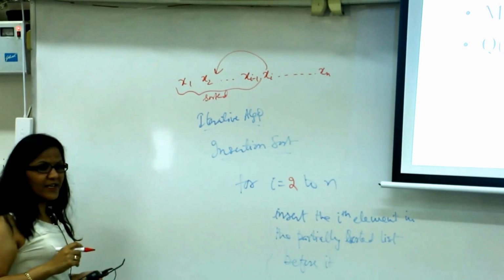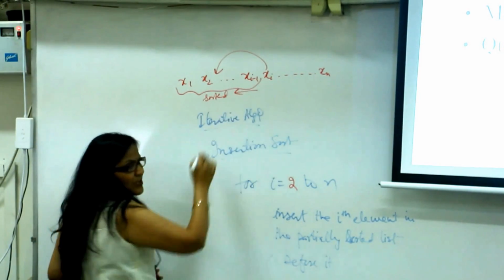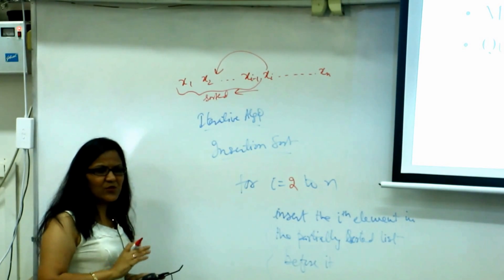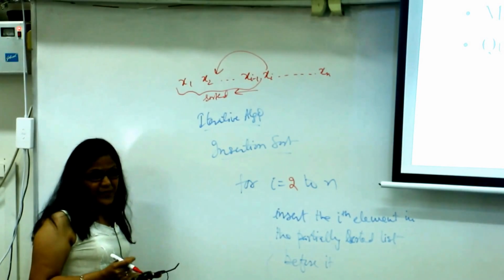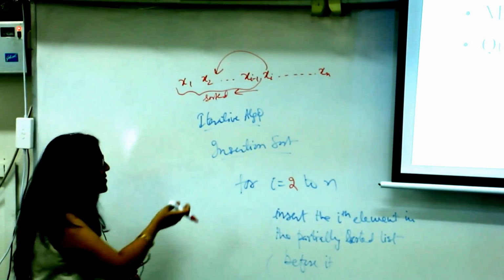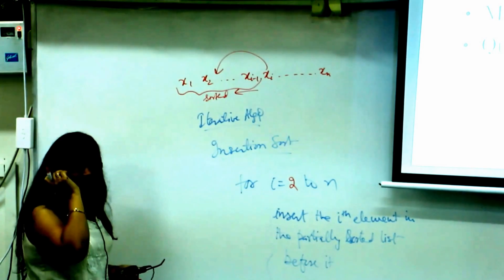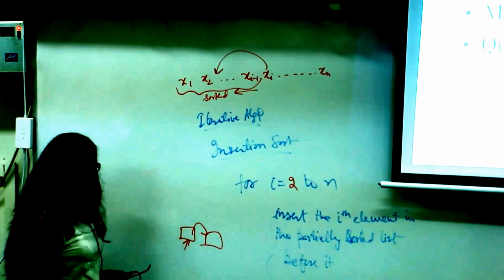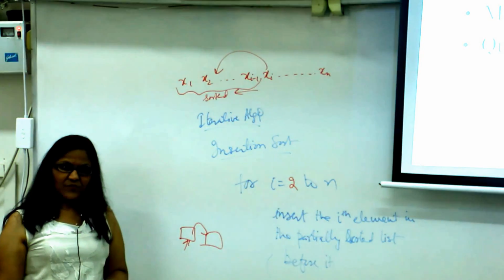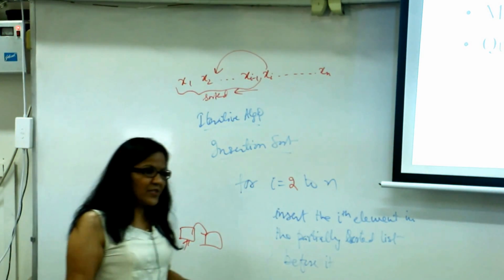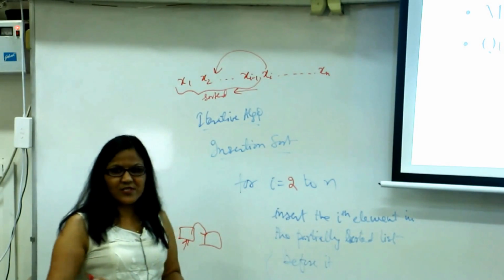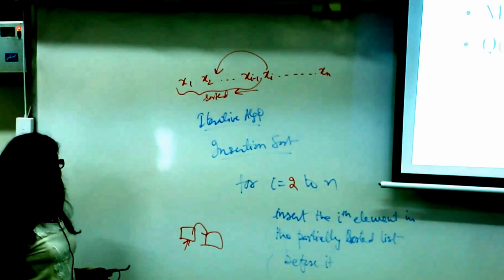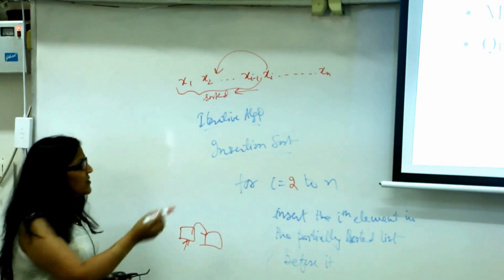So when you are doing it in an array, generally we start by looking for that element like this, compare it with x[i minus 1], etc., and because you keep on shifting, it's easier. But if we are doing it in a linked list, we will compare from the beginning so that we know the pointer to the node after which we have to insert. Fine? So insertion sort doesn't tell how to insert. Insertion sort just says insert, and hence the name insertion. Can you tell me any other way of doing this insertion?